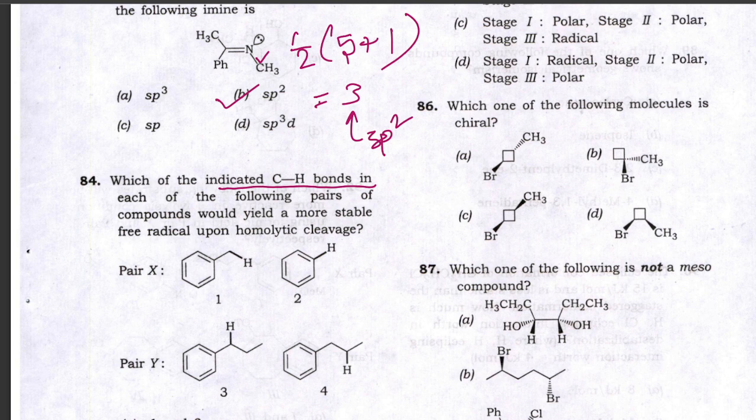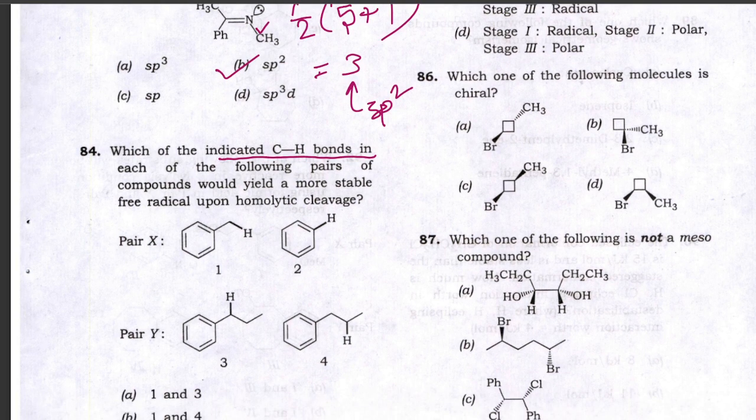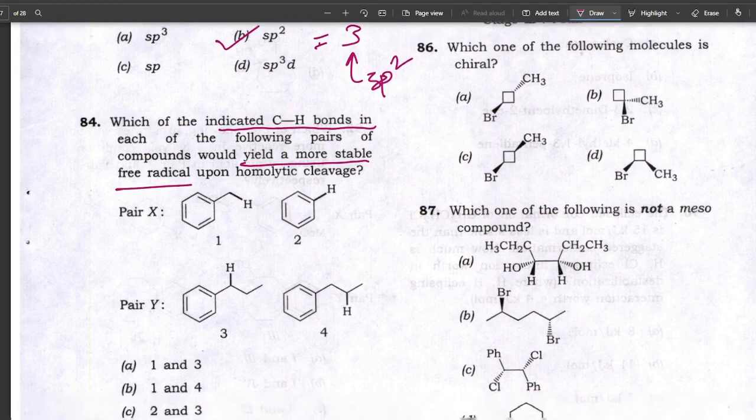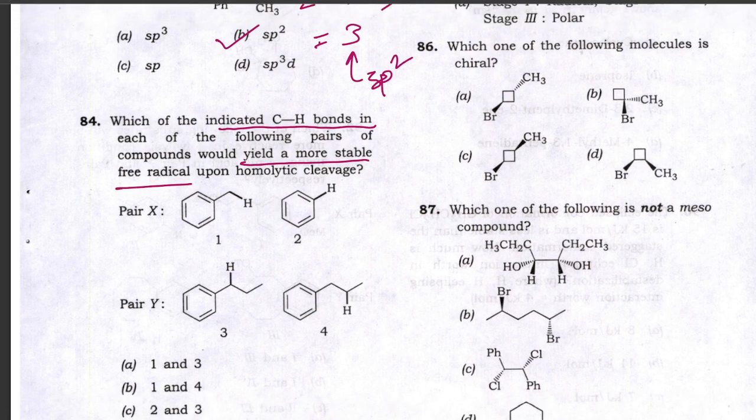You have to indicate the stability of that free radical, so which yields the more stable free radical. Now from 1 and 2, from 1 you will get a benzylic radical in this position, and we know that the benzylic position through mesomerism gets more stability compared to the